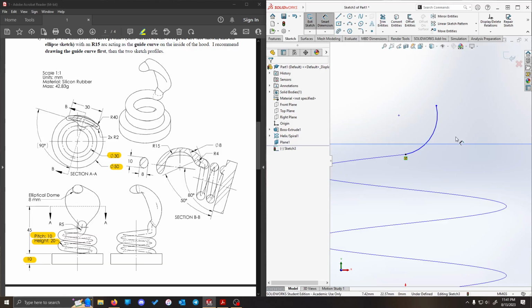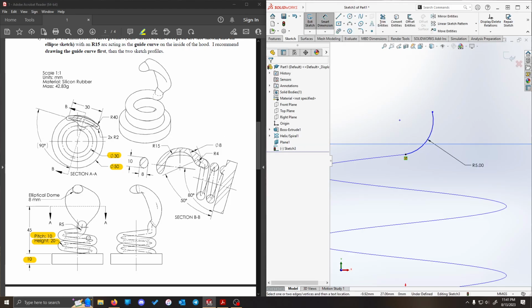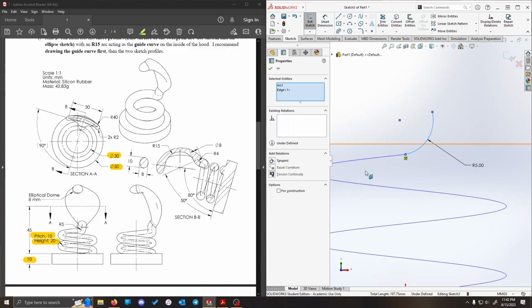Now we can start throwing some other stuff at it. So we know that it has a radius of 5. It looks to me like it goes up until it goes vertical, pretty much. And based on the tangent lines, the fainter dashed edges in the isometric, that tells us that each portion of the sweep is tangent to the previous portion. If this was a sharp edge, we would not be able to make this assumption. But because we get the fainter lines, we can safely assume that this arc is going to need to be tangent to